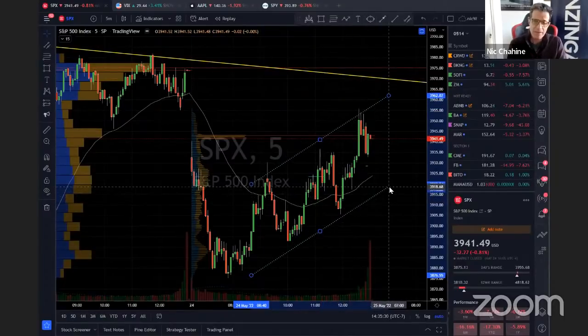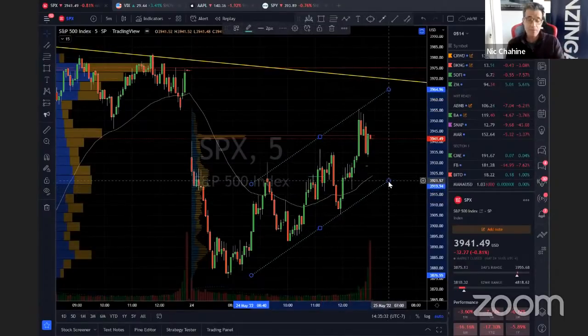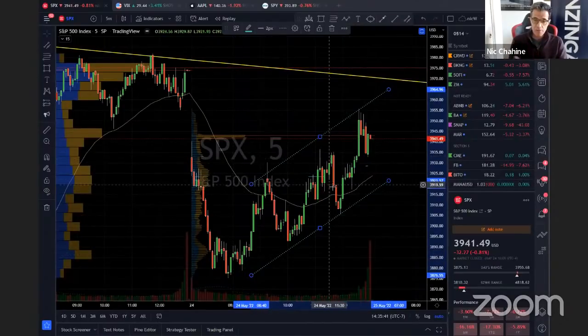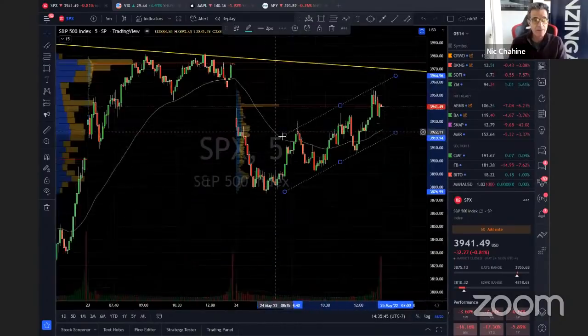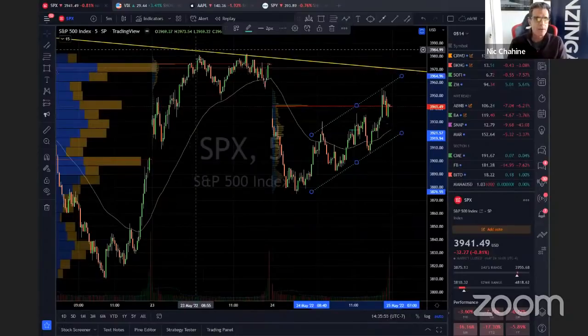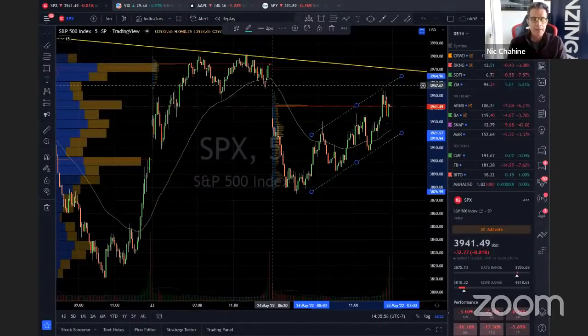Like somebody mentioned the TTM squeeze. If you don't know what that is, that's a pretty good indicator. I can use that. I don't, but I can. So if you know there's a trend and it's discernible, you can trade inside of it. Now, if there isn't a trend, things are going sideways, you're just guessing which way the thing is going to go. Sometimes the trend is sideways long enough to where you can trade it inside and out.